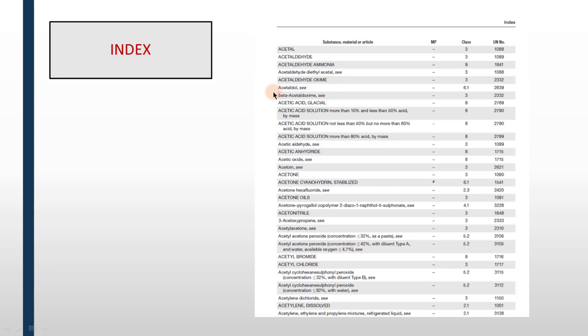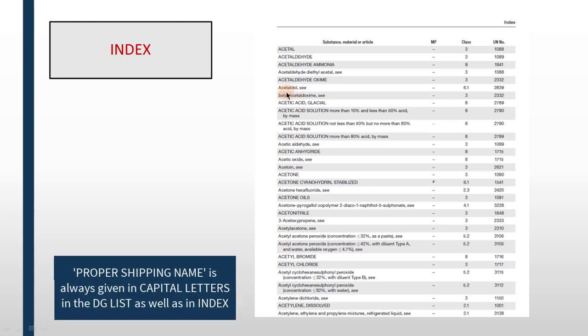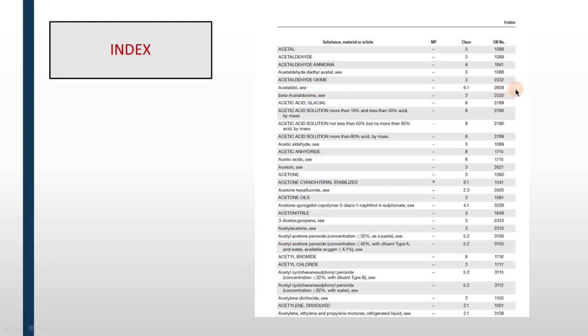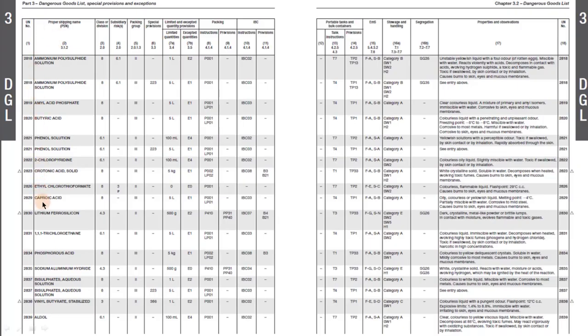Now let us take an example of acetaldol. As you can see, C is written here. That means that this is not the proper shipping name. This is a synonym or another name for that substance. So let's see what the UN number of this substance is. The UN number of this substance is 2839. Now as we know the UN number, we can enter the DG list, and 2839 is here. 2839 is aldol and it is given in capital letters.